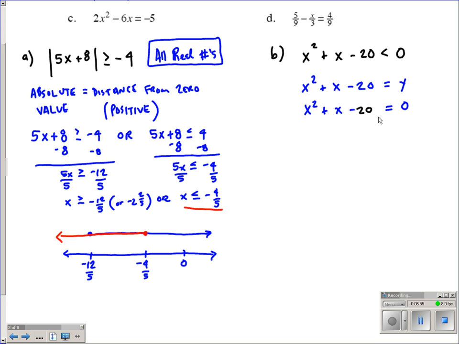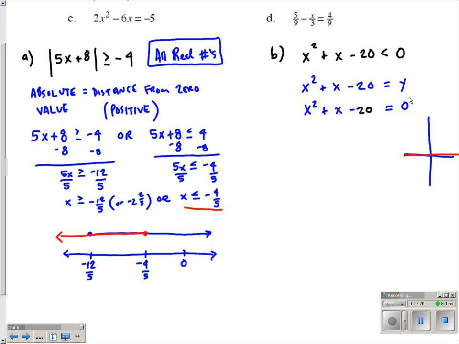Think about what points we're finding there when we plug in 0 for y. That should be our x-intercepts. This would give us our x-intercepts. So when y is 0,